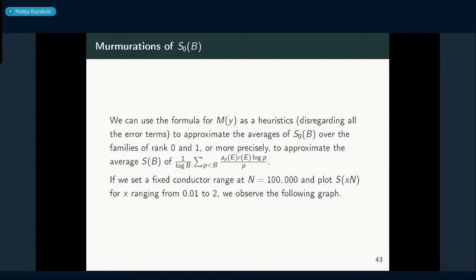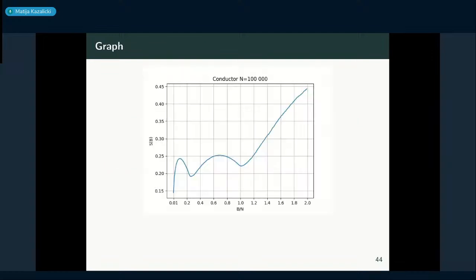So to demonstrate this, we fixed a conductor range at 100,000 and we plot this average as a function of x. So we plot this S of x_n for x ranging from 0.1 till 2. So we're hoping to observe local maxima at points of 0.08, 0.65, and 1.7. So what we got is the following graph, and